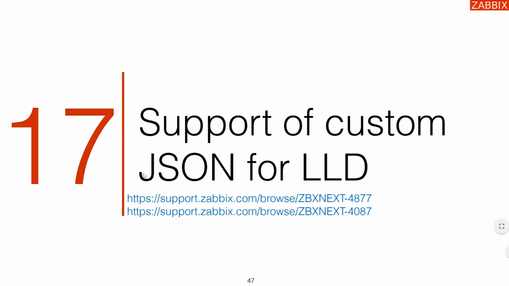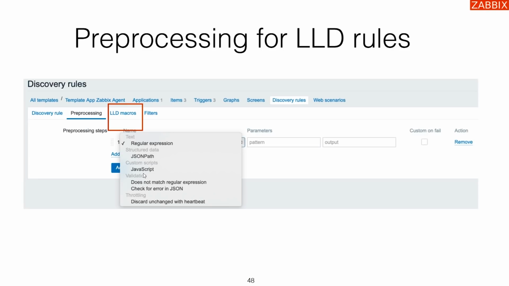Support of a custom JSON for the LLD. Remember, not so long ago, quite often we ended up having to create some custom script to form the JSON for Zabbix using low-level discovery macros, following the syntax with an uppercase, with a hash sign. It took some time. We had to have some custom scripts doing that. So that is